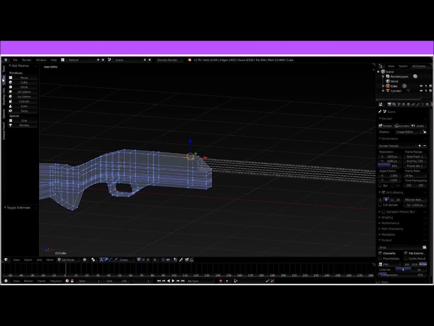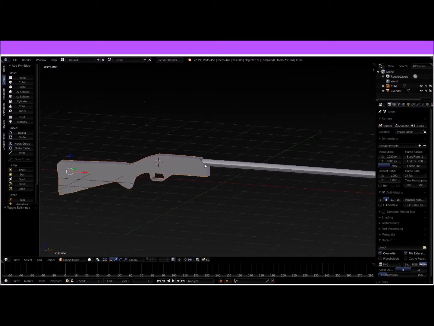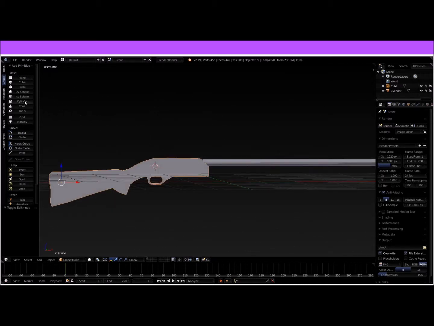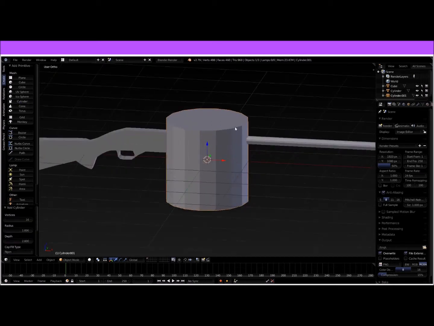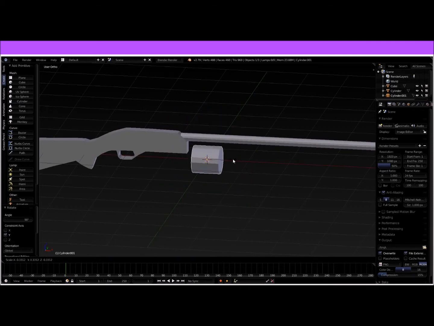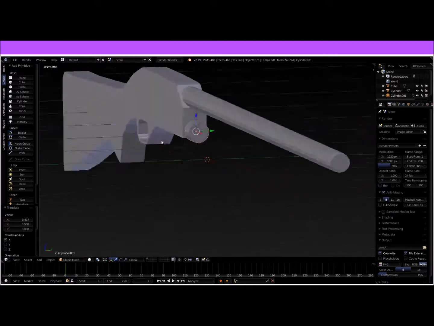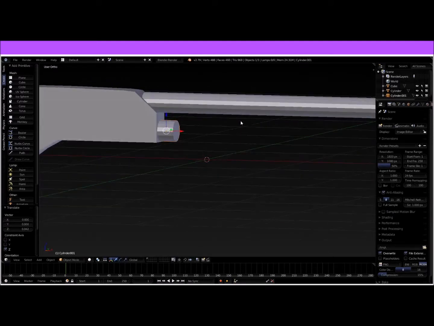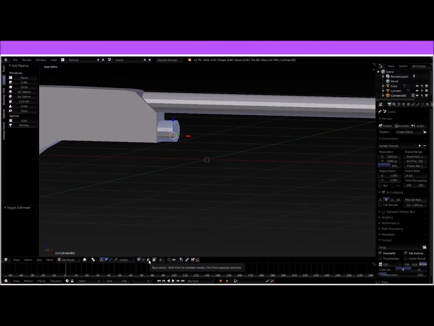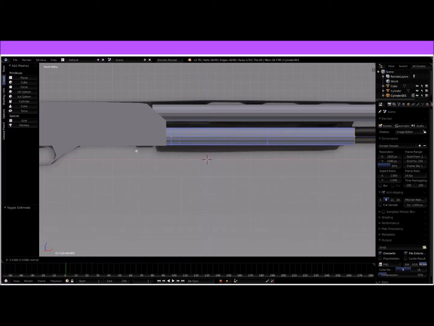Okay, so now I'm going to press Tab to go into Object mode, go out of that select mode, and do Shift-C to center my cursor and create a cylinder, R, Y, 90, like that, and just size it down to make it fit this little area, probably about right there would be good. And I'm actually going to click face select and click this face, go to 1, and just extrude it